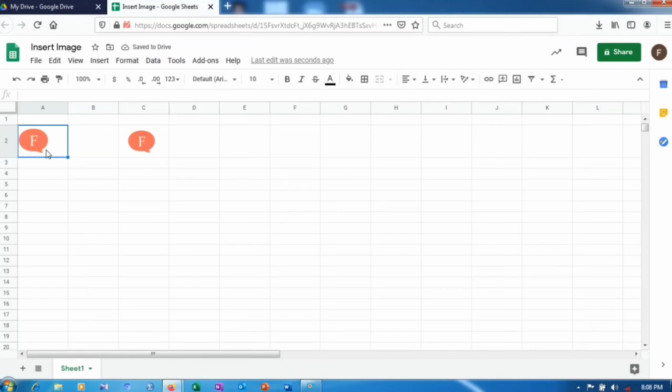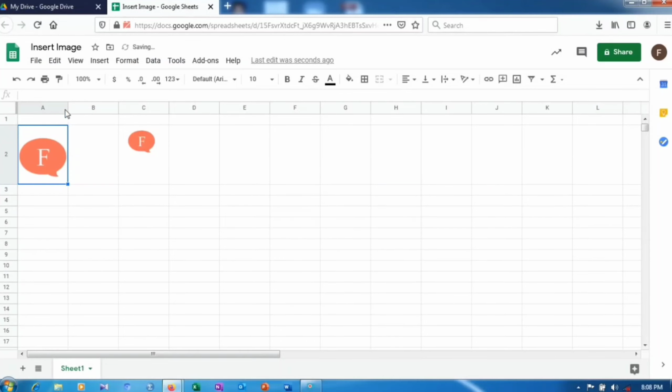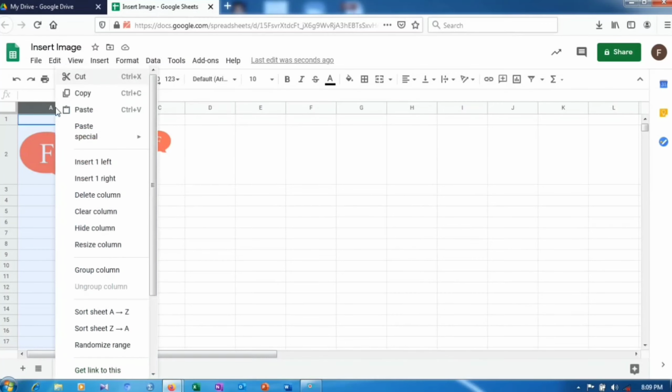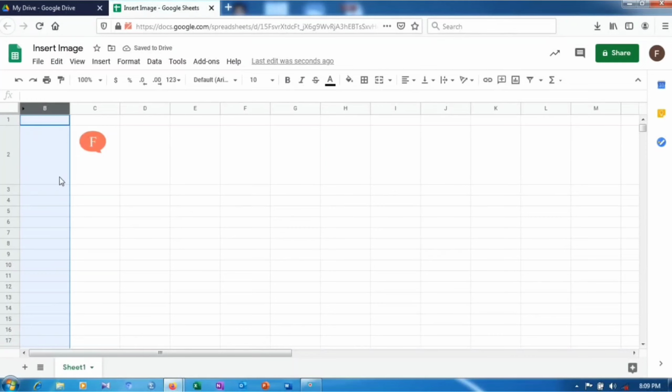Here my image has been placed in the cell, and as I increase the row height, my image size will also increase. In this, if I hide or delete the column A, then my image will also get hidden or deleted. So for example, if I hide column A, then my image also got hidden.